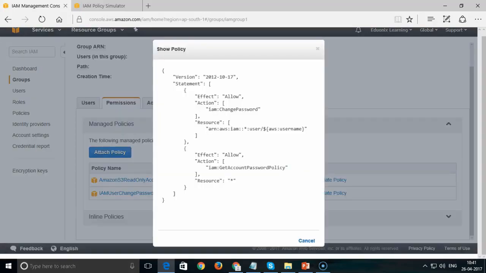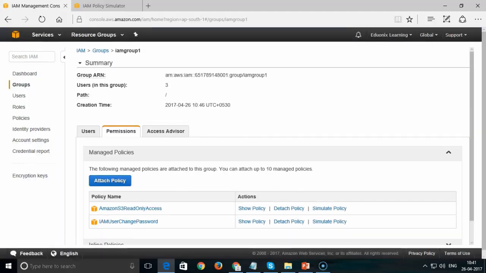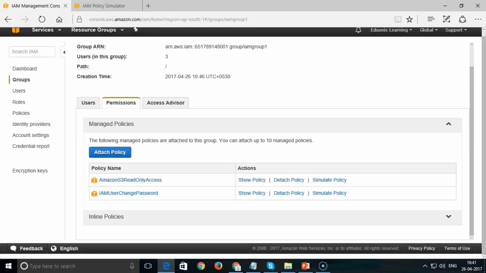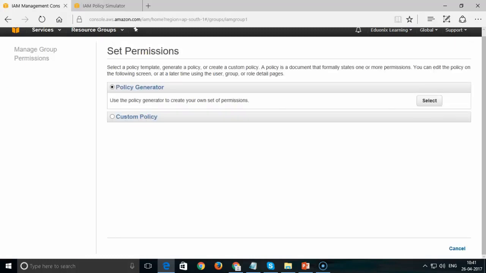Same way you can see the policy over here for changing the password of user. So any IAM user's password you can change, right? So that is again allowed. So if you want to add more policies, you can even add more policies. So you can define any inline policies over here. So if you want to add more inline policies, you can even use the policy generator,